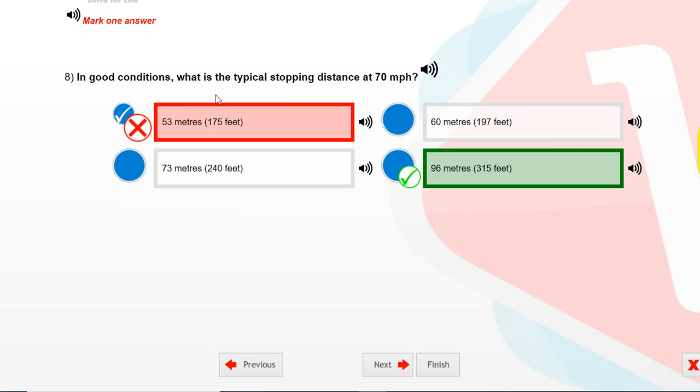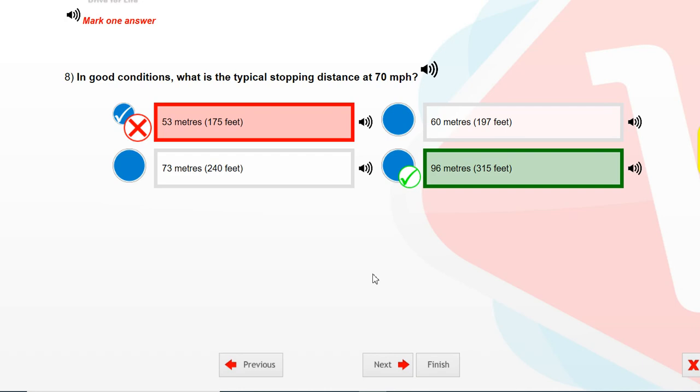In good conditions, what is the typical stopping distance at 70 miles per hour? 96 meters, 315 feet.